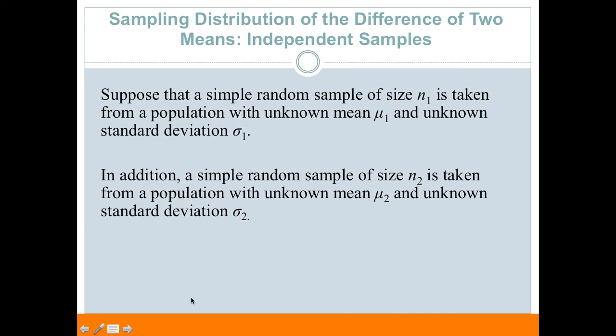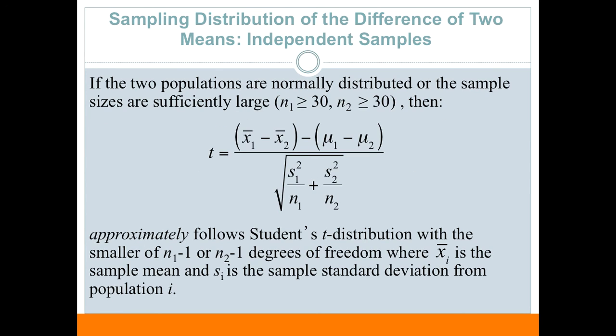So let's suppose that a simple random sample of size n1 is taken from a population with an unknown mean of mu1 and an unknown standard deviation of sigma 1. And in addition, a simple random sample of size n2 is taken from a population with an unknown mean of mu2 and an unknown standard deviation of sigma 2. If the two populations are normally distributed, or the sample sizes are large enough, meaning each sample size is at least 30, if those two things are true, then we can go ahead and calculate a test statistic,